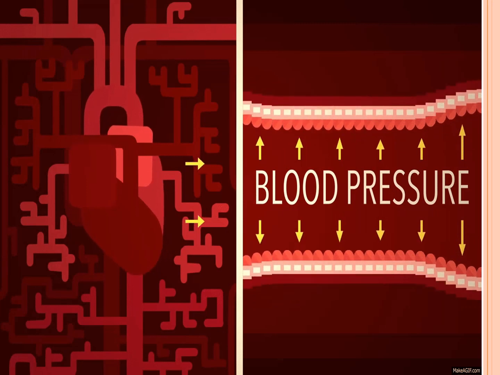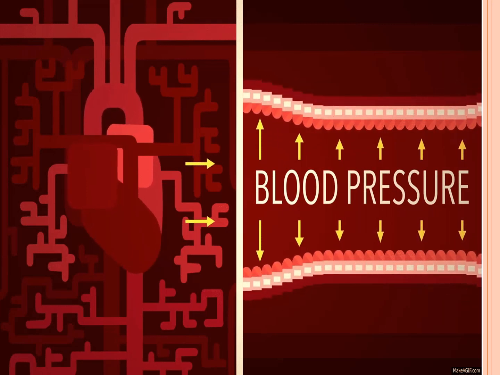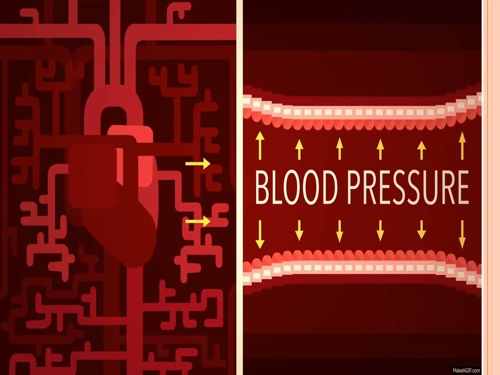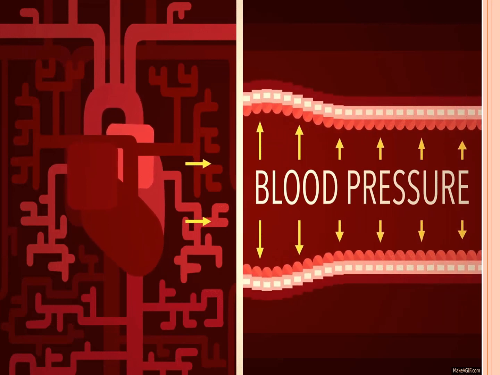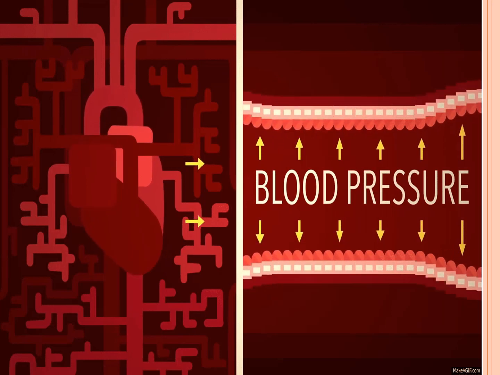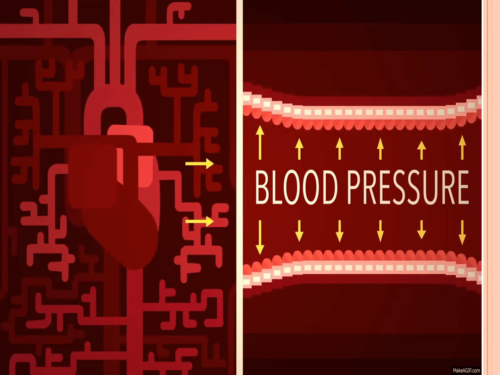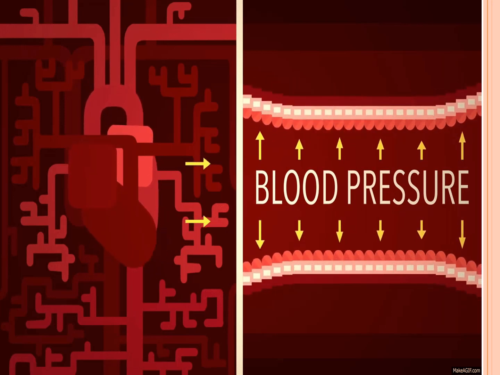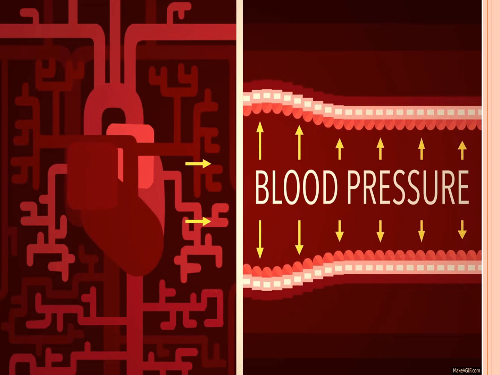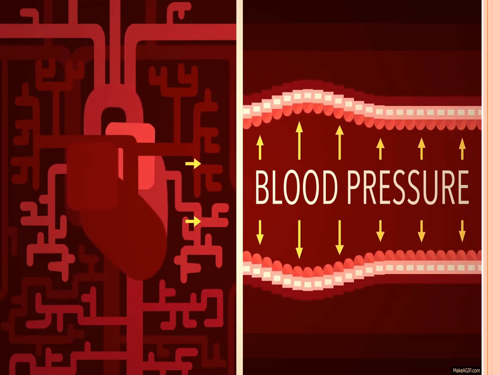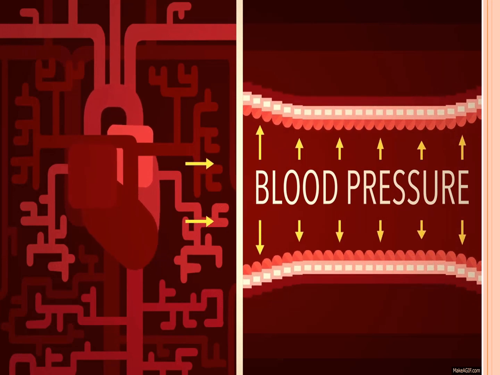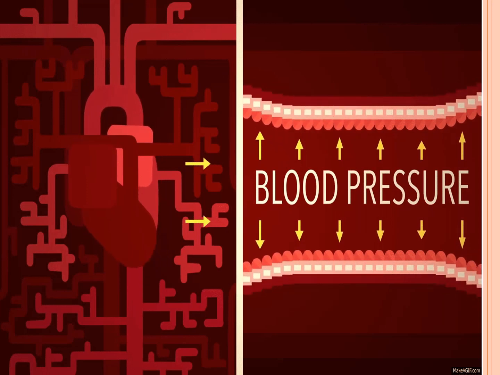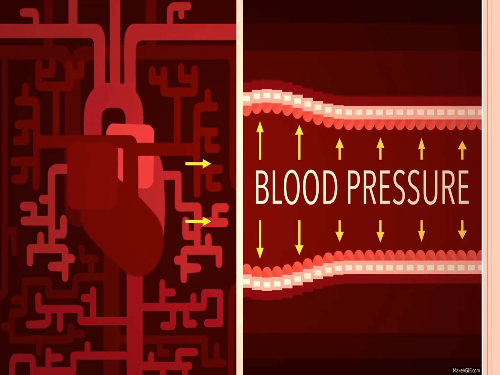Blood, we know, is continuously flowing through the blood vessels, and this happens because of the contraction and relaxation of the heart. The pressure that is exerted on the wall of the arteries is called blood pressure. The pressure of the blood is important. It has to be proper so that every part of the body receives blood. The pressure can be recorded. The pressure recorded during the contraction of the heart is called systolic pressure, and the one recorded during relaxation of the heart is called diastolic pressure.